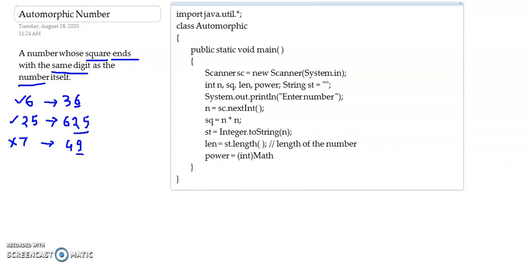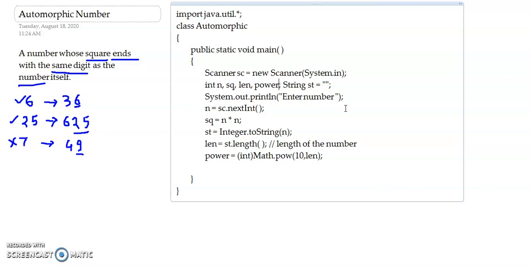So Math.pow, and then I'm going to use 10. We have to raise the power of 10 by this number. So now we know using how much power of 10, or which number, we are going to mod this square number.